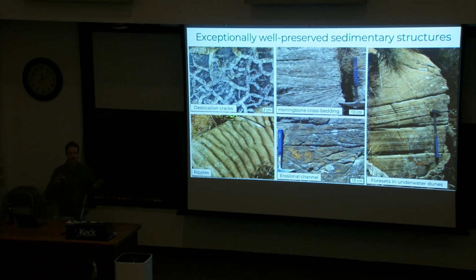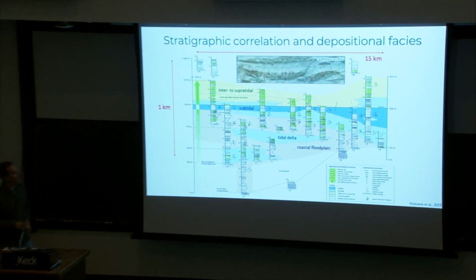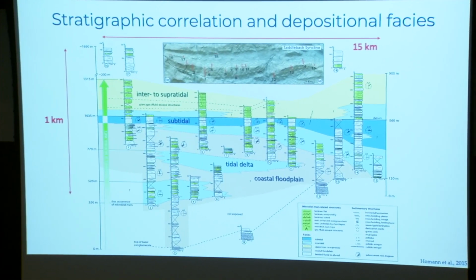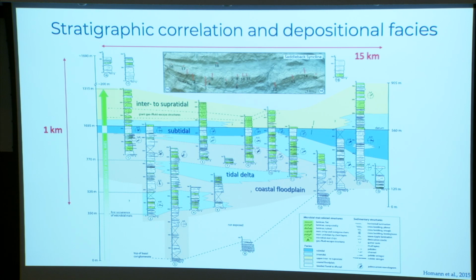These just help us to characterize the environment of deposition and to constrain in what nearshore environments these former mats were thriving. And once again, this is too much information on this graph. I do apologize, but it just shows you all the stratigraphic columns that I've done over the years, and it just shows highlighted in green the places where we have fossil remains of microbial mats preserved. It's basically in an area that we can trace for 15 kilometers along strike, and they occur within a stratigraphic package of 1 kilometer. So it's really a huge area where these microbes were once living or where they are